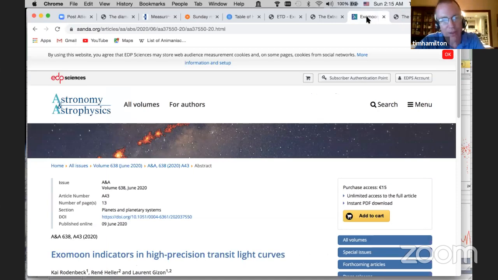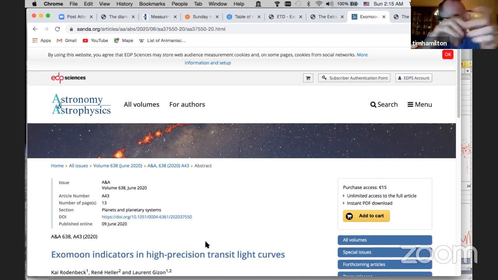The trouble is that those moons are usually going to be much smaller than the planets. If the best planets to find are Jupiter-sized planets, then you can imagine that a moon around that planet is much, much smaller. So it will take more time, more transits in order to tease that out of the data. But in principle, it could be done.